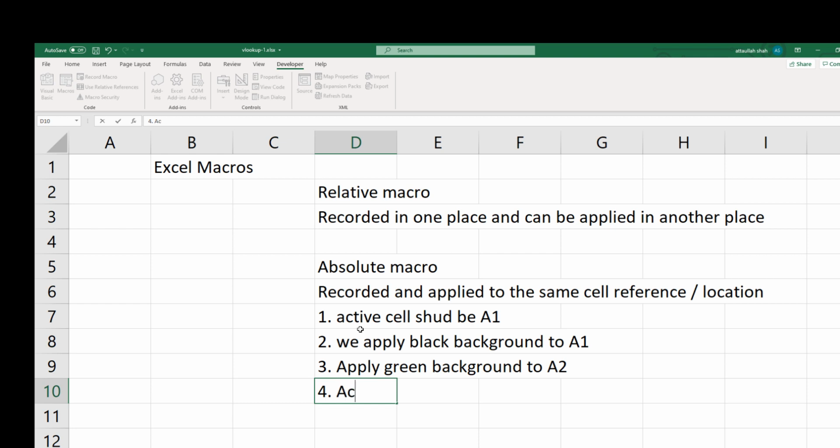Activate cell A3. This specific part is important because when we apply it, the target cell is already selected.